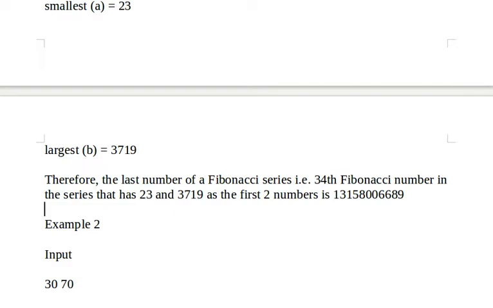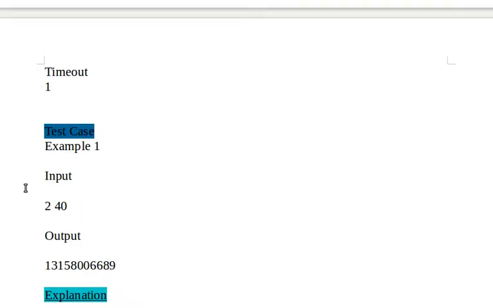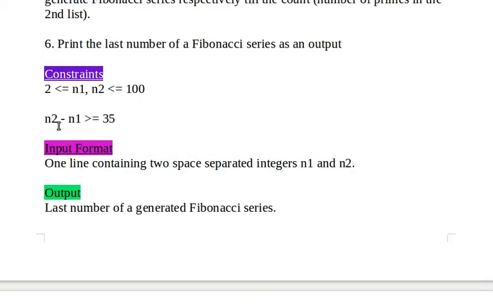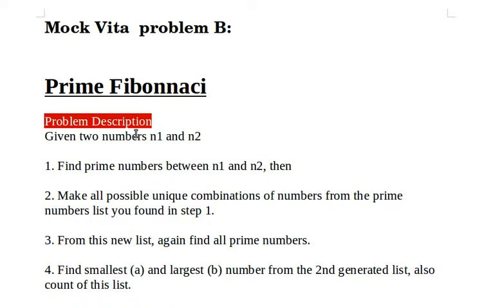According to the constraints, we need to build a program that should not exceed the time limit. This problem mainly focuses on writing prime number logic and a Fibonacci series. If you combine both concepts, it will be very easy to answer this problem. So let's get into the code.